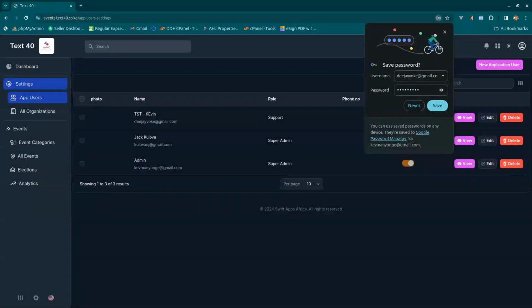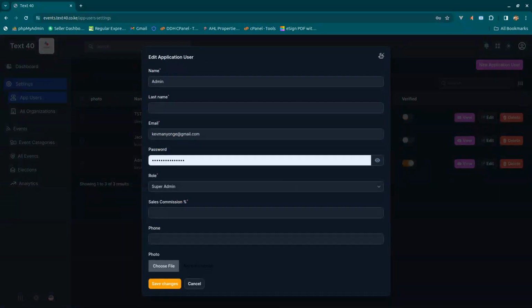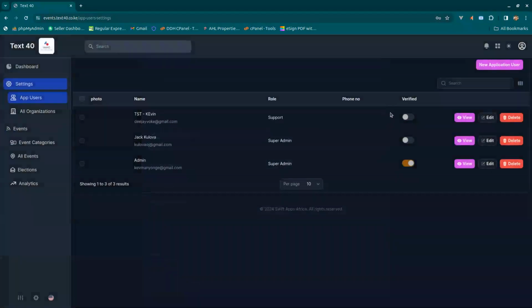And I notice I need to update. Let me save this. Notice I need to run an update on the server, but it's nothing technical. It can always do that as I continue. Okay, so there we go. This section is just to manage your users. Again, you can view, delete users as you so wish. I'm going to jump into